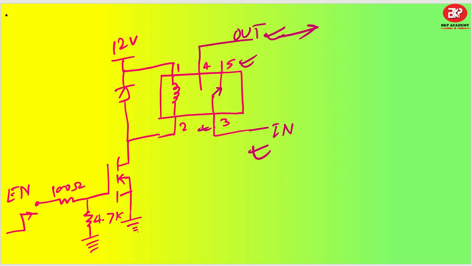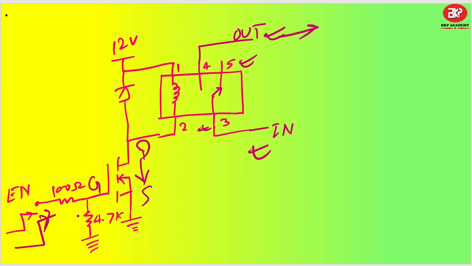In the same way, I have put one enable signal here, either through a microcontroller or through the gate driver or whatever it is. It is simple, so we can utilize a simple microcontroller signal after some buffer or inverting buffer or something like that. And based on that, what will happen? This is my drain, this is my source, this is my gate, right? So once you give an enable signal, this gate will get charged up and this will start working.